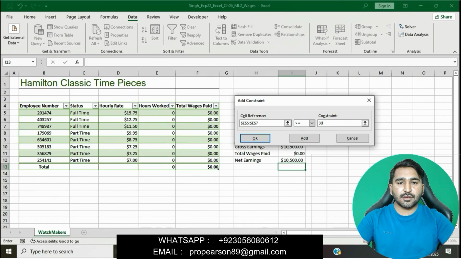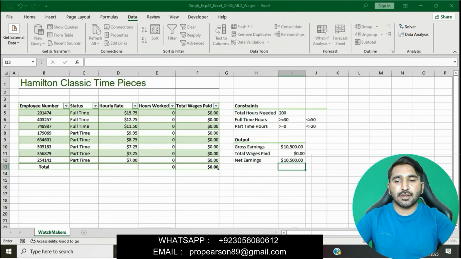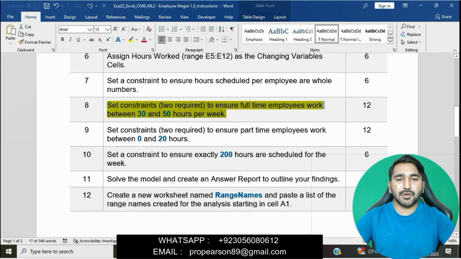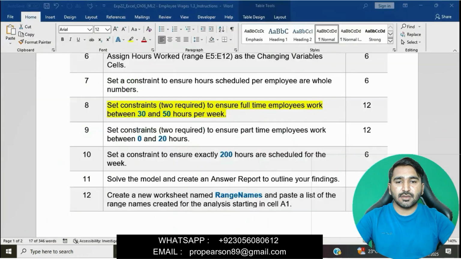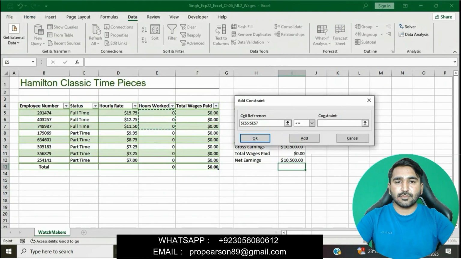The cell references are E5 to E7 and the constraint is first 30, and then we will add the second, 50 hours per week. Cell references are given as E5 to E13 hours worked and the constraint is 50.